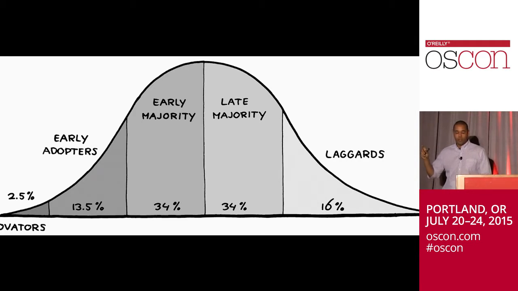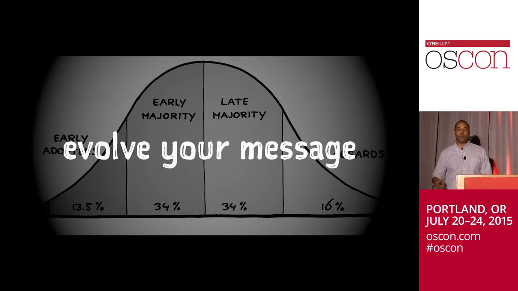OK. So this is the adoption curve. And once we started viewing each of these change campaigns through the lens of an adoption curve, it really helped us manage the rate of change and how we changed. We went through a migration. And we found that over the course of a change campaign internally at Netflix, we had to evolve our message as the rate of adoption increased. And I'll show you an example.